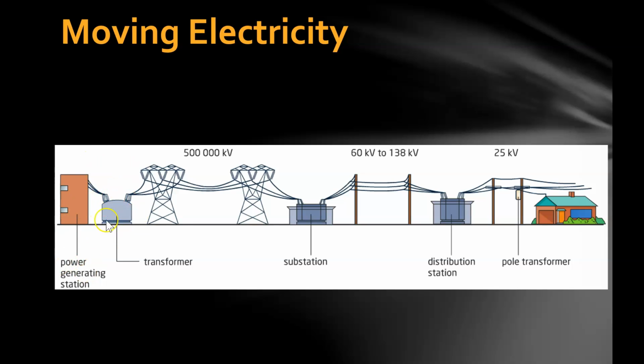So here's your example: a power generating station. The transformer steps up the electricity to 500,000 kilovolts, and then there's another substation here that reduces that to between 60 to 138 kilovolts, and then that goes to a distribution center, which also reduces that potential difference to about 25 kilovolts before entering into